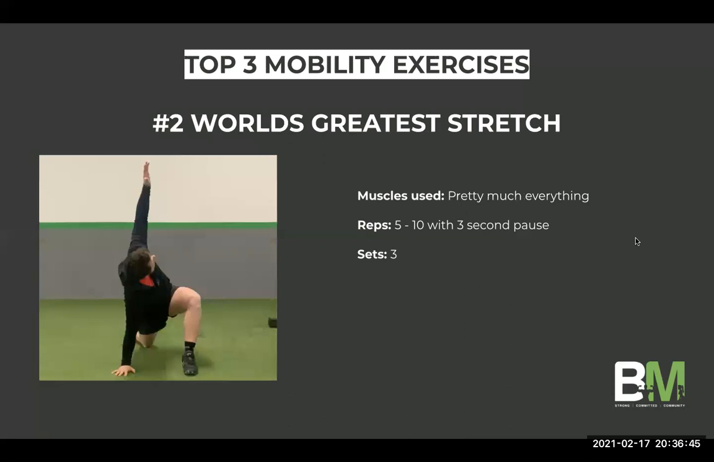The world's greatest stretch. This exercise is actually called the world's greatest stretch as well. And I think everyone knows why, because it is amazing. The muscles used is pretty much everything. As you can see there, my hip flexors are stretching, my thighs are stretching, my core, my lower back's moving, my shoulders, my chest. So pretty much everything is working in this. And then once you bring your elbow down onto the floor as well,